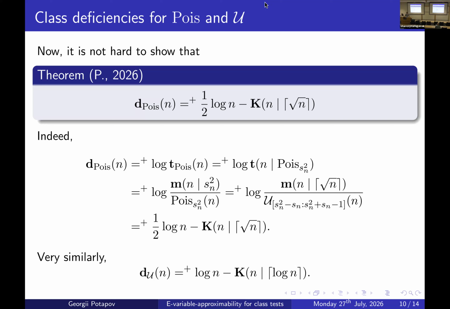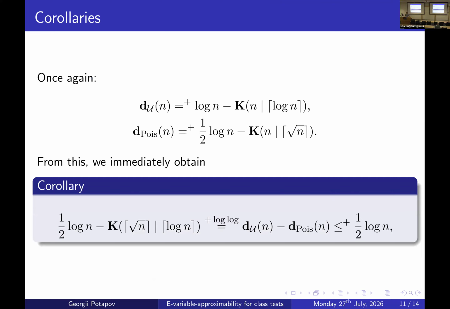What is nice is that initially Poisson deficiency assumes all possible real positive parameters, but here we do not need this structure of the set of real numbers. We are basically returning to the old familiar Kolmogorov complexity with integer arguments. And with these two expressions, it's not difficult to subtract one from another